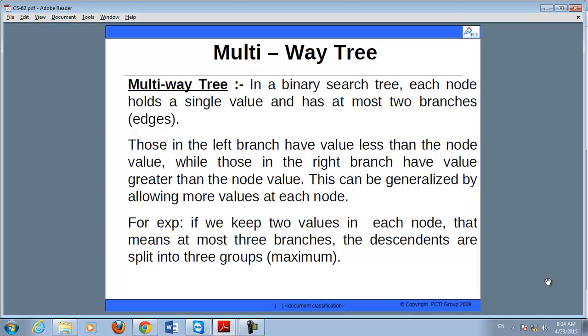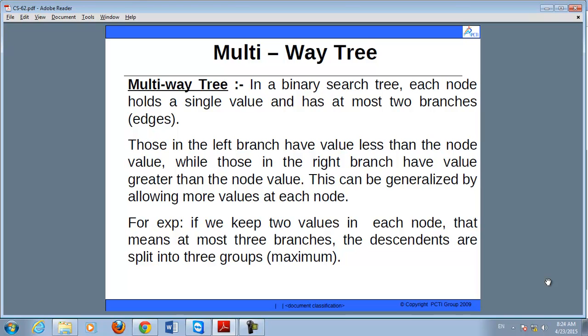Now, जैसे कि हमने previous session में पढ़ा कि what is non-linear data structure, that is, what is tree, what is binary tree, what is binary search tree, what is AVL tree and so on. I mean, there are different types of trees that exist in a non-linear data structure.